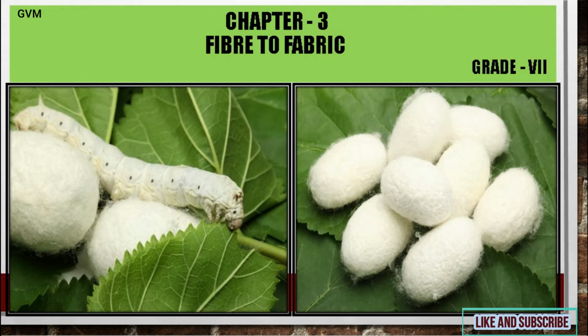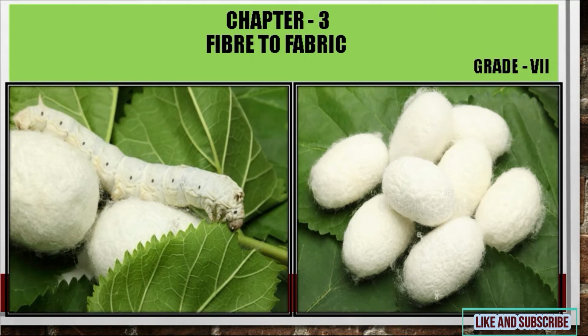Students, in the first part of this chapter we already discussed the different kinds of animals from whom we basically get wool, and we also discussed the different processes of obtaining wool from animal fleece. Now students, in the second part of this chapter we will learn and discuss silk production. So let's continue to the chapter.